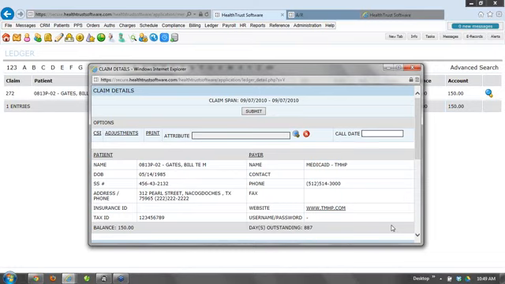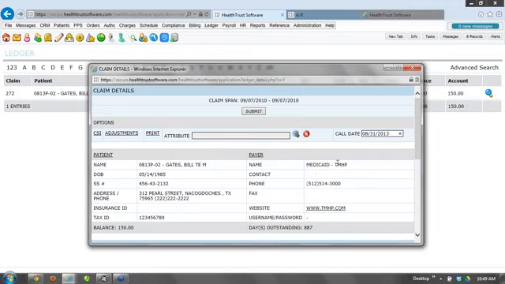So if by a certain date this particular claim hasn't been paid in process, then I would want to say, okay, I'm going to call again at the end of this month. And that would set that call date for you. So on our AR report, again, we could filter by call date and just get the details of,